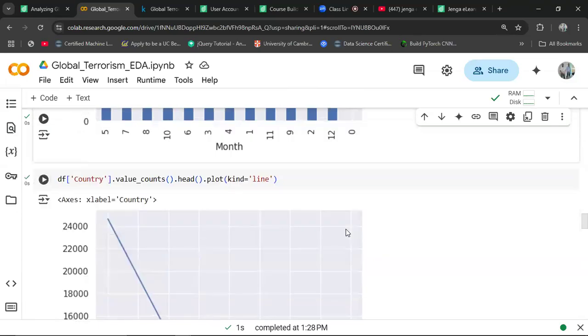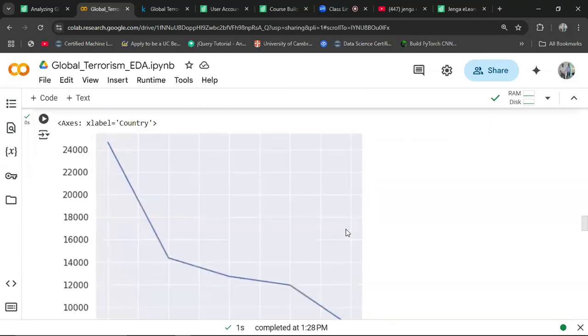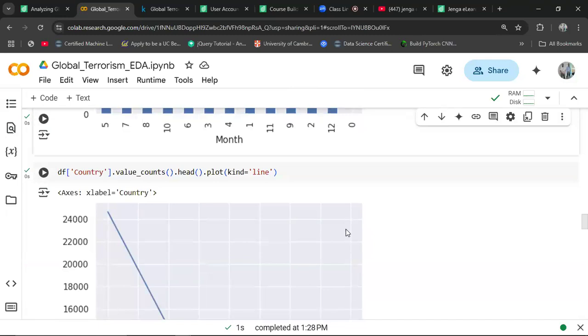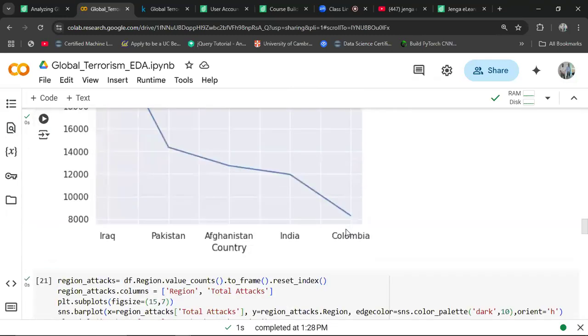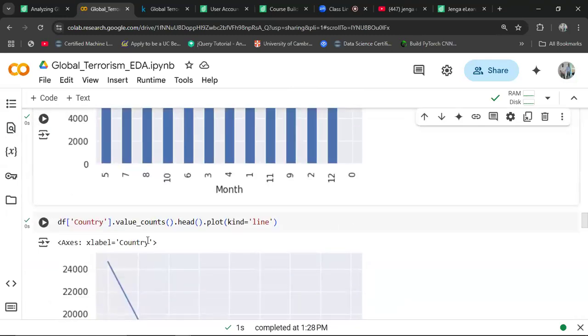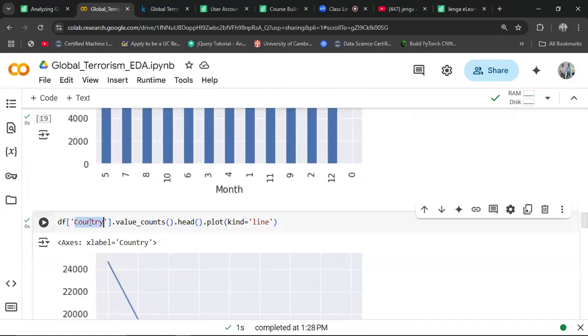Now from there, we also want to see the top 5 countries with the highest number of attacks. To do this, we're just going to take every country and perform a value count. A value count will give the number of attacks. And then if you pass the head, it will give us the first 5 rows, and then we draw it